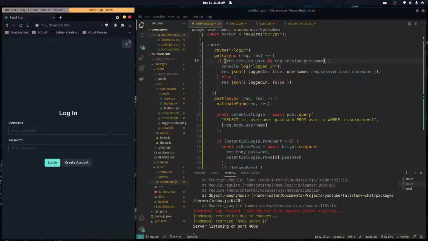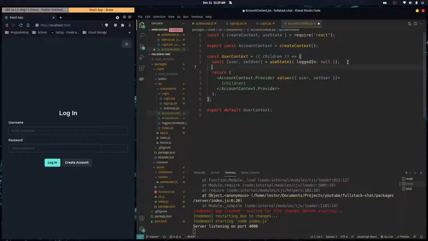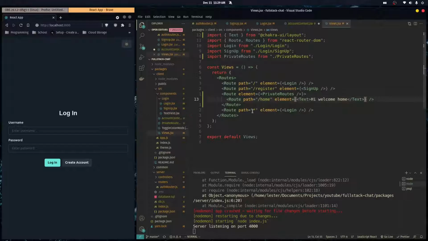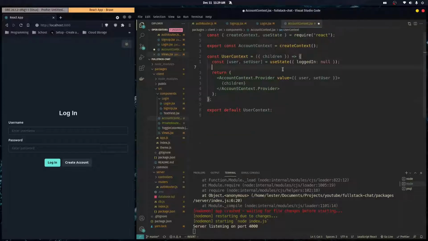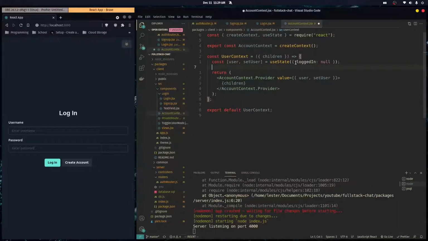Okay, so now every time we refresh the page, we want to make a request to /login as a GET request. So let's go over here to our account context. And this is going to run every time we load our application, because it's not in our views thing, it's over here in our app.js. So here we're going to want to run a